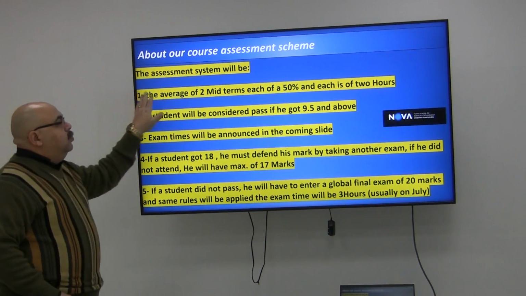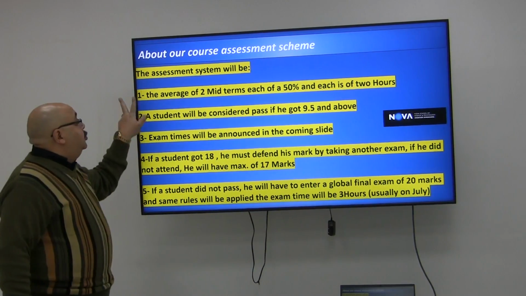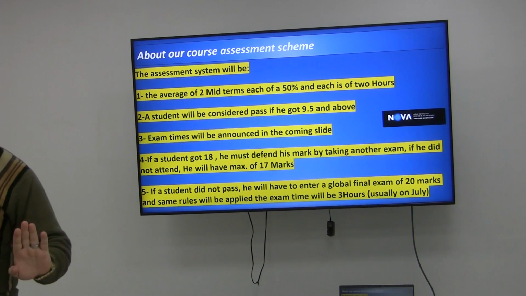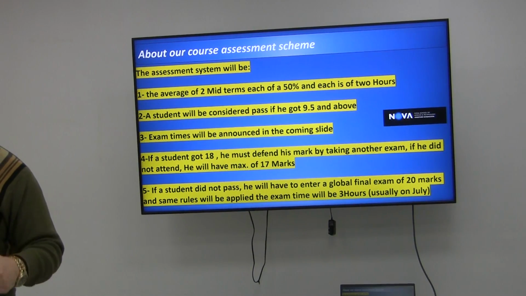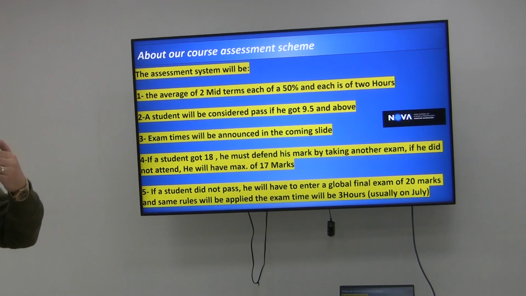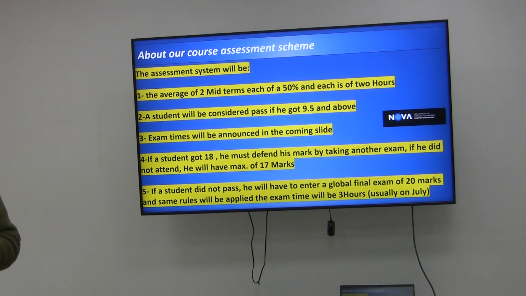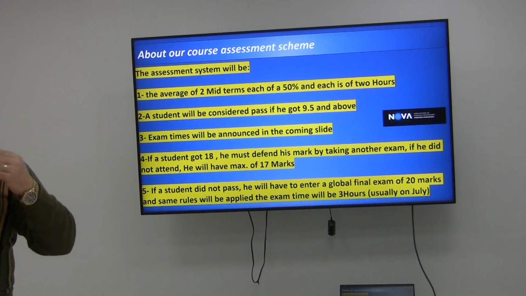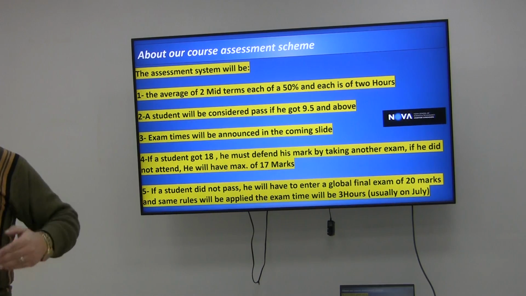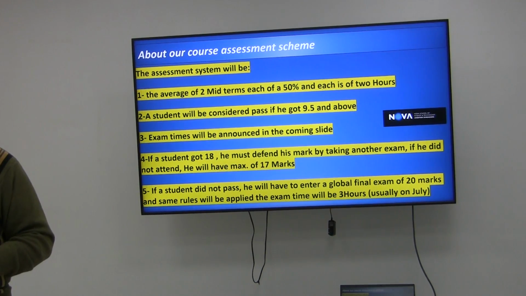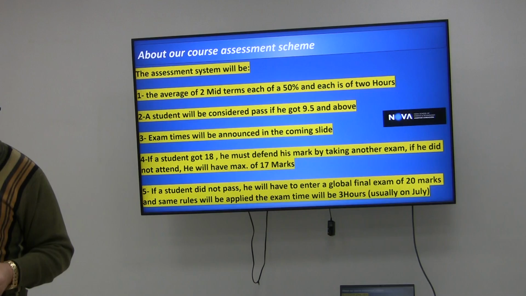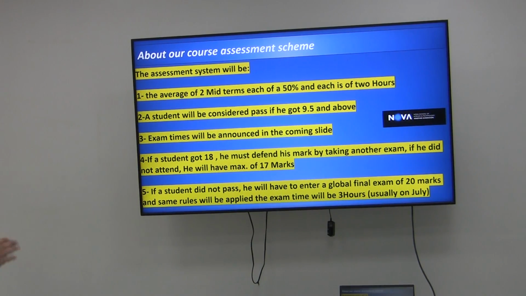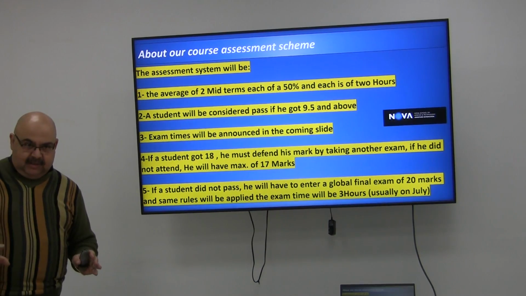So the assessment system will be as follows. We will have 2 midterms. Hopefully, they are not going to be MCQ questions, but if there are, they will be easier than the ones that we saw previously in the previous course. It's going to be very simple. He will give you 4 alternatives and you will choose the right answer out of the 4, away from the psychological effect of choosing the right answer from the following. So it's a lot better and, inshallah, easier.